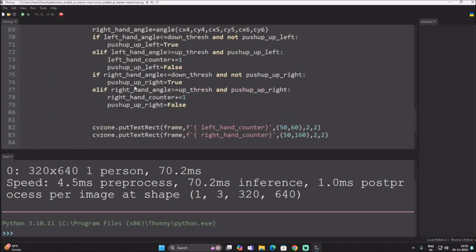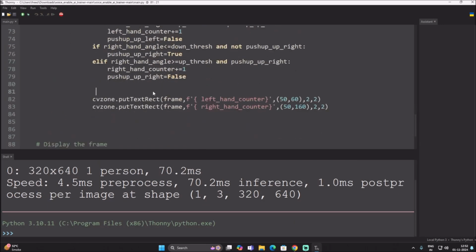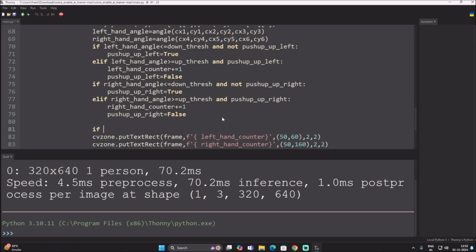So for that here again we will mention our if: if left hand angle is less than or equal to our down thresh,